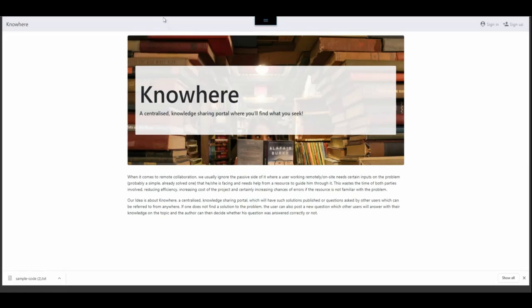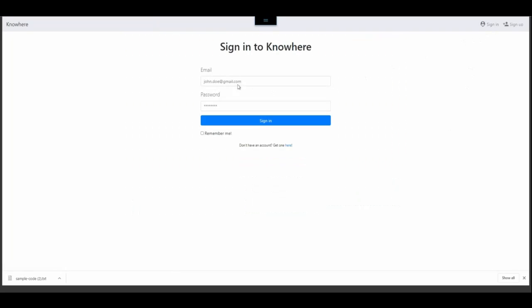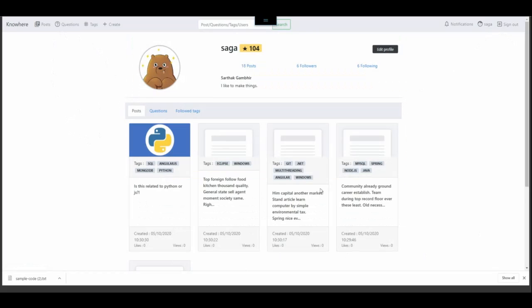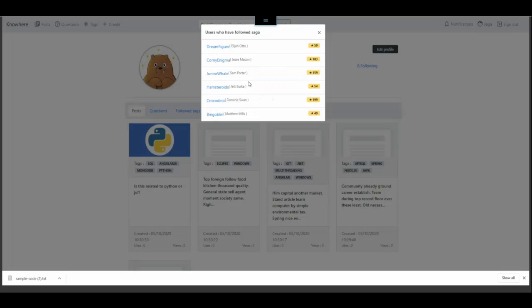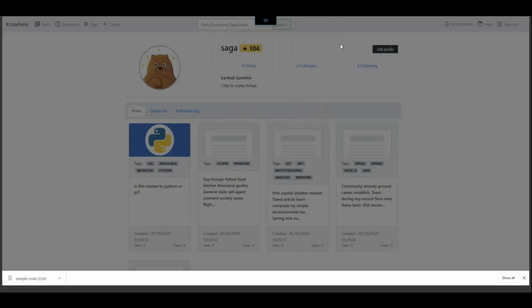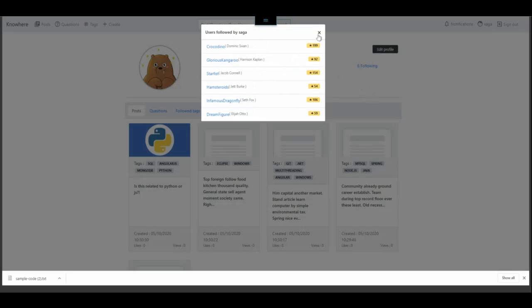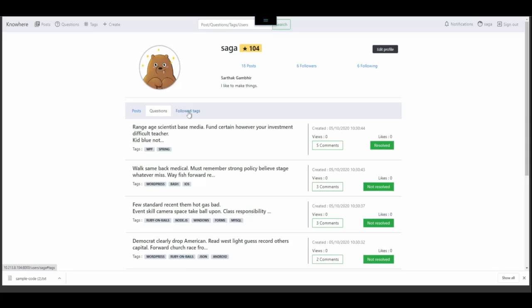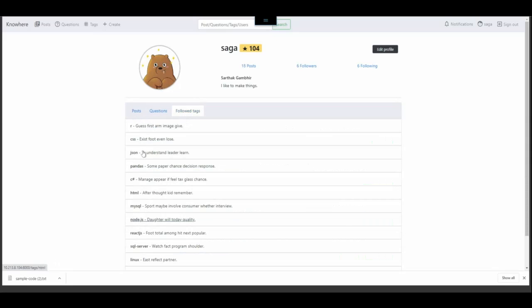A centralized knowledge sharing portal which will have such solutions published and questions asked by other users, which can then be referred from anywhere. So the first step is to either log in or sign up for Nowhere, which takes you to the home screen and opens up a lot of options and interactions with entities such as user account, in which I can see the people who have followed me, the people who I am following, and the tags that I've followed, the posts that I've made, the questions that I've asked, and other people can interact with these,